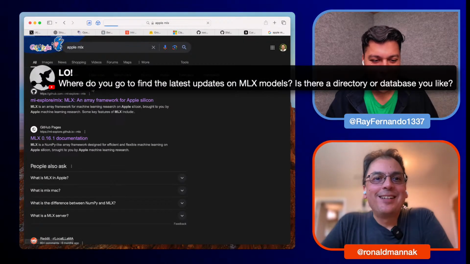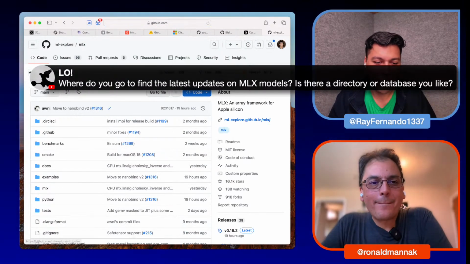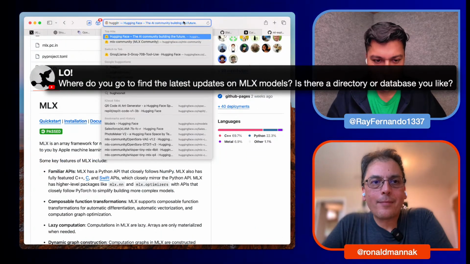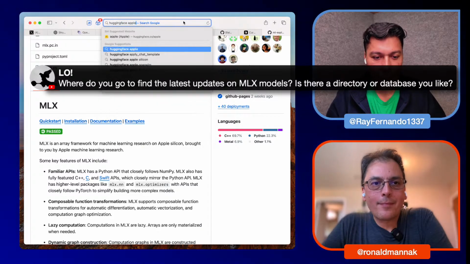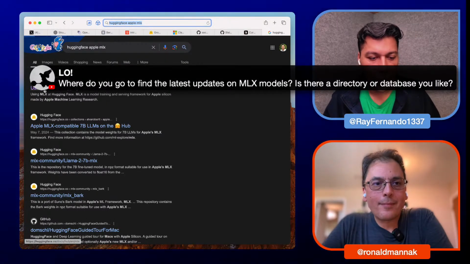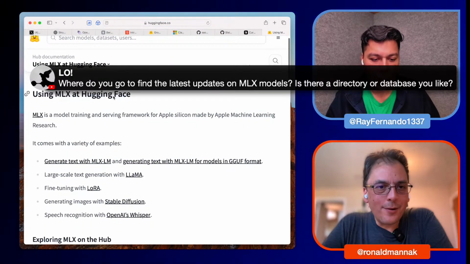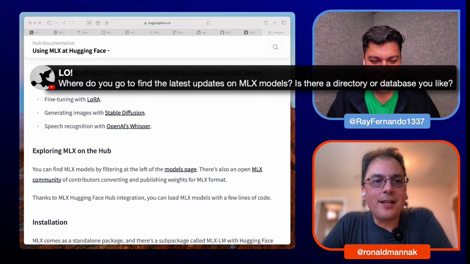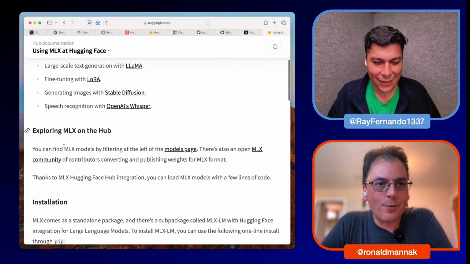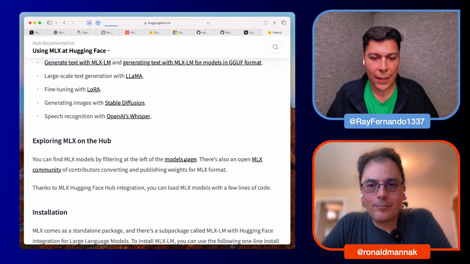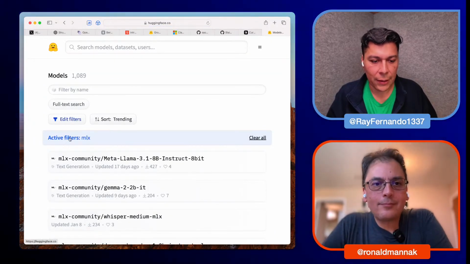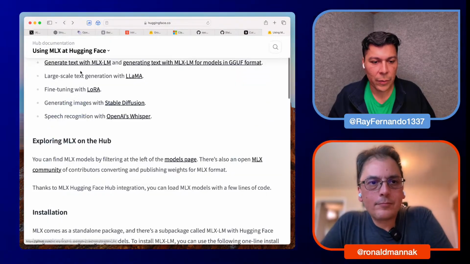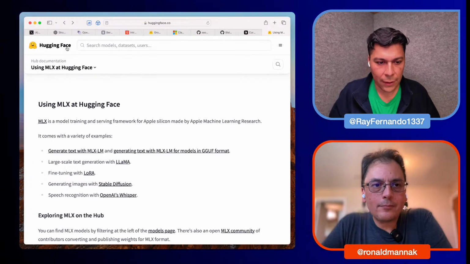Apple has, if you just type into Google Apple MLX, they're on Hugging Face actually. Hugging Face Apple MLX. If you type this into Google, it says using MLX at Hugging Face. You click the first one. I think the link is, oops, the question is blocking the link. It's Hugging Face slash, I think, MLX-Explorer. Yes, if I'm not mistaken. They have a models hub, and the models are listed with filters for MLX, and they have the whole community. Within the MLX community here, they actually have a lot of models.